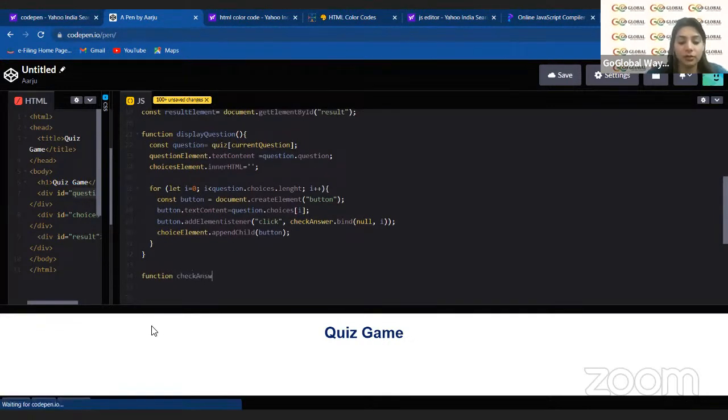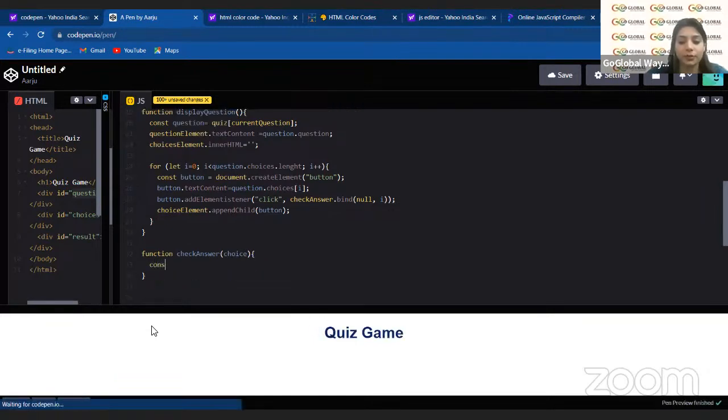Now I will write another function, check answer choice. Choice is actually my parameter. Okay, const question equals to quiz, then current question,